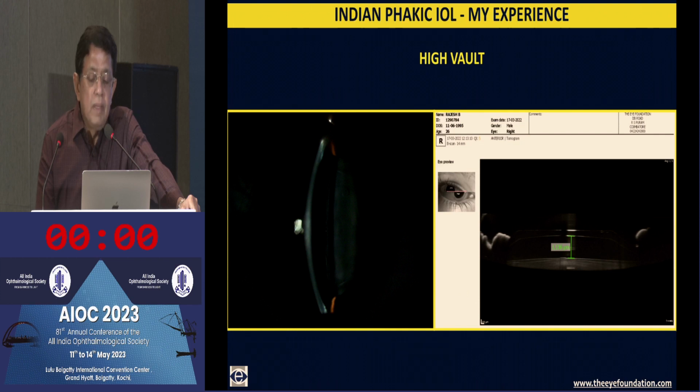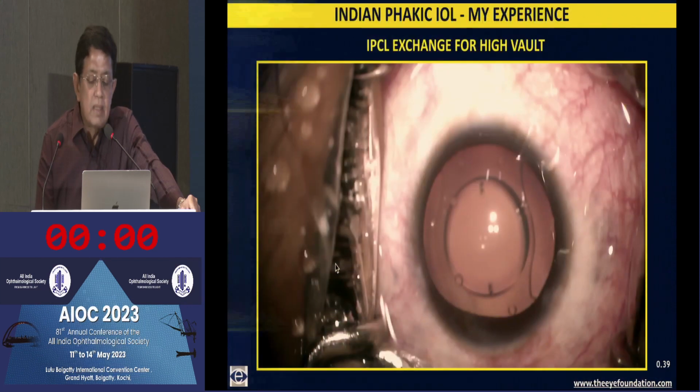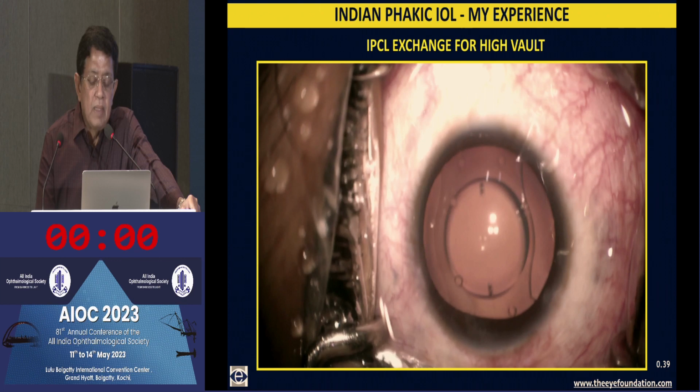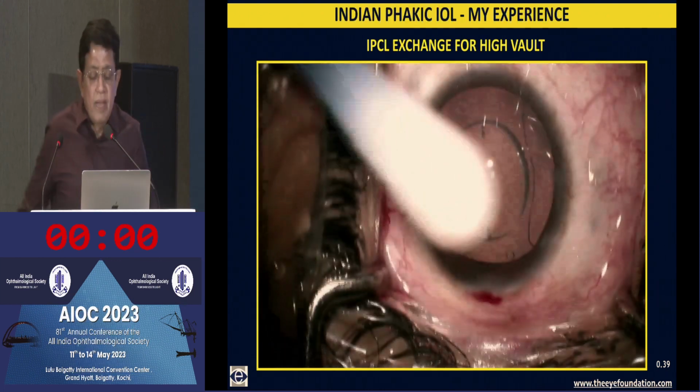That does not mean that we have to be careful of the fact that the angles don't zip up, and call them at least 3 to 6 months. This other eye, and you can see the fairly large vault in the slit lamp photograph also, and these patients can be followed up. But this is a patient who was developing crowding of the angles, and this is the